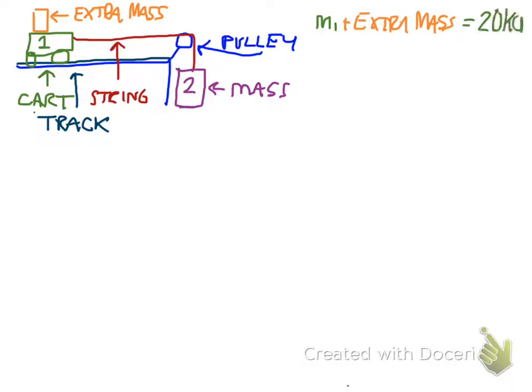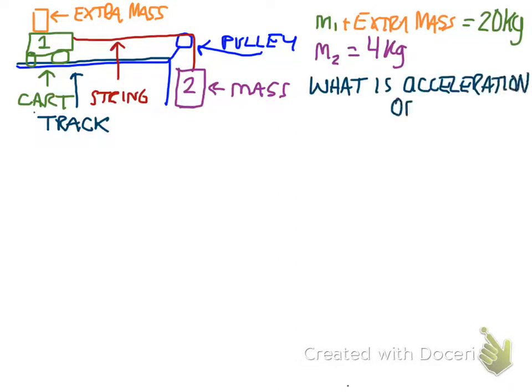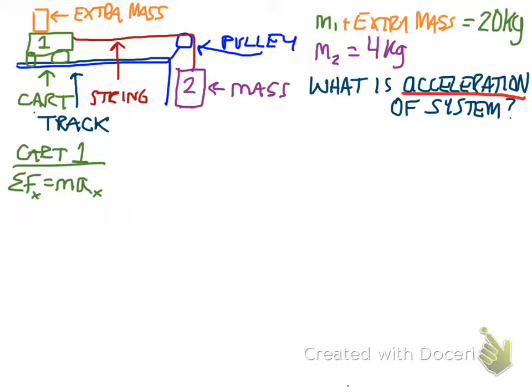So let's say we know what the mass of each of the masses are. So the mass 1 and the extra mass is 20 kilograms, and the hanging mass would be 4 kilograms. And a problem like this might ask for what's the acceleration of the system. So when we're looking for acceleration, we're going to start with Newton's second law, sum of the forces equals ma, because we can use that then to solve for the acceleration, but we need to know what forces are on